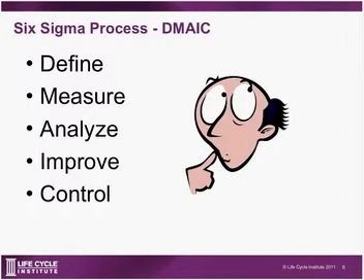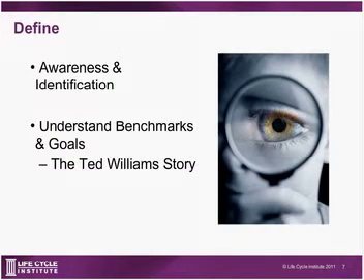And those steps, for those who are familiar, is first you define the problem. Then you begin to figure out how you're going to measure the problem. Oftentimes that also happens in the define stage. Then you analyze the data you've collected. You put forth action plans. You improve the issue. You perform a root cause analysis, and you set those actions in motion. And then you apply control strategies to make sure you actually have the results that you're looking for. And we're going to go through each one of those in a little bit more detail.